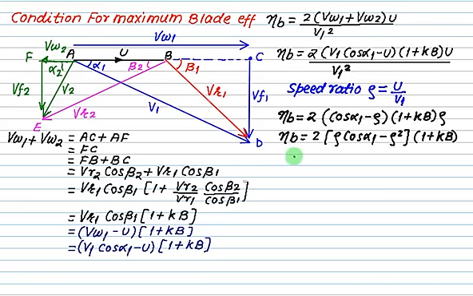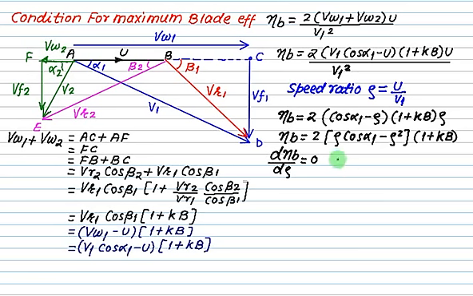Now this equation says that the blade efficiency is a function of what? Rho, alpha 1 and k, that is VR2 by VR1, and b, that is the ratio of cos beta 2 by cos beta 1. If angle alpha 1 and beta 2 are fixed and k is also fixed, then this equation is a function of rho only. To maximize this, we differentiate eta b with respect to rho and try to find the stationary point,